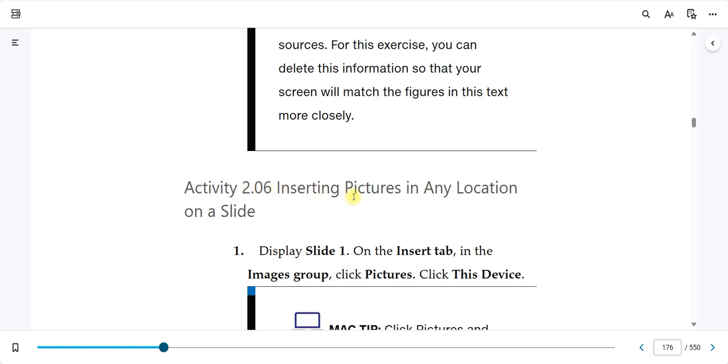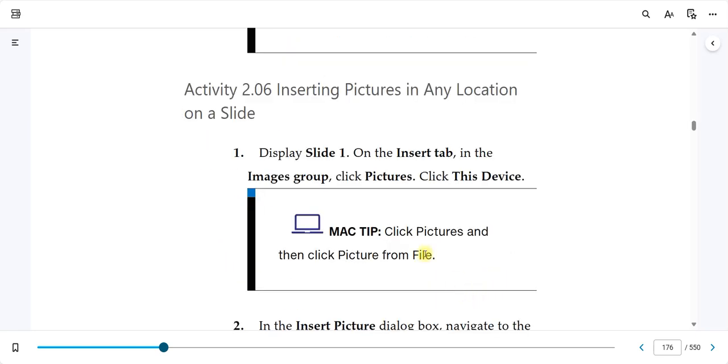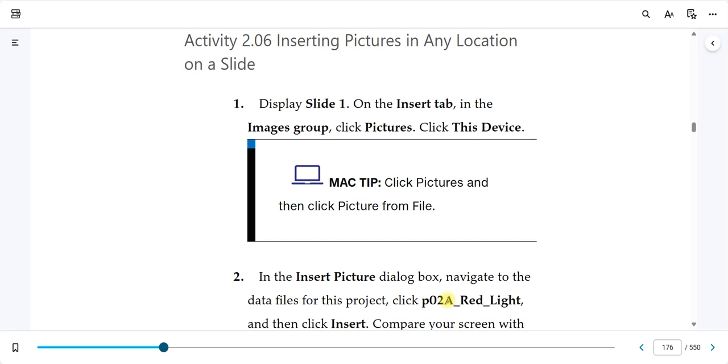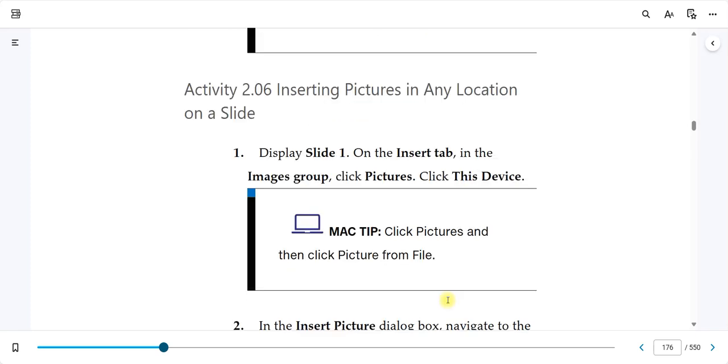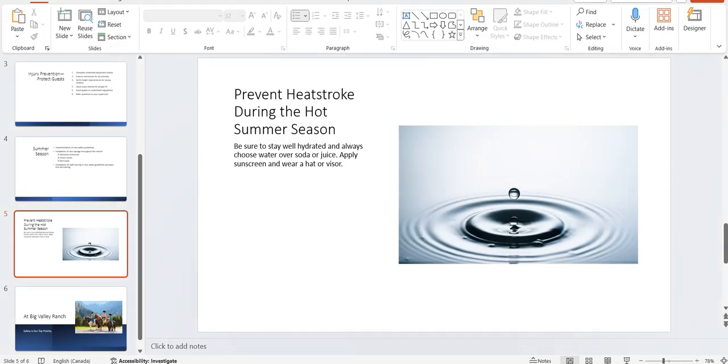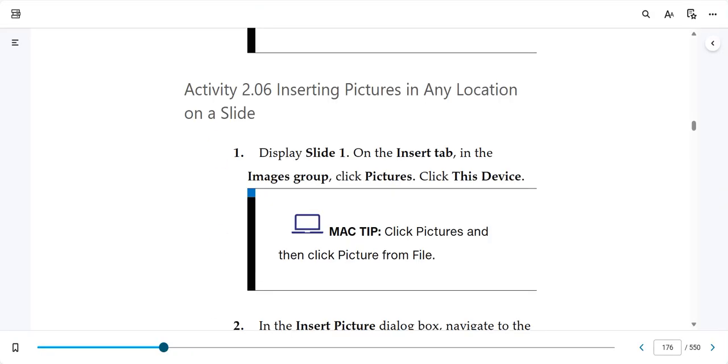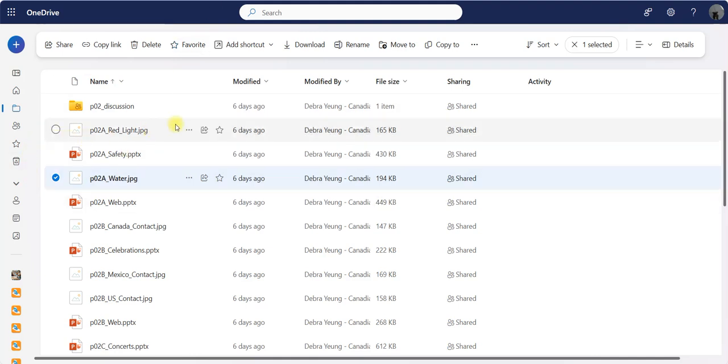Activity 2.06, inserting pictures in any location on a slide. Yeah, they can go anywhere. Absolutely. We're going to go back to slide 1. We're going to go to the Insert tab, Images group, Pictures, This Device, and we're going to look for red light. Oops, I think I forgot to upload a few files. So I'm going to have to go to red light. That's okay. All right. Go to OneDrive, click on red light,